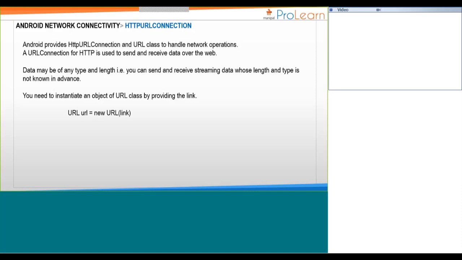You need to instantiate an object of the URL class by providing the link: URL url = new URL(link). The link needs to be replaced within the double quotes; I mean, you need to provide the HTTP link within the double quotes. So basically over here you are making an HTTP URL connection, a network call, right? So inside the async